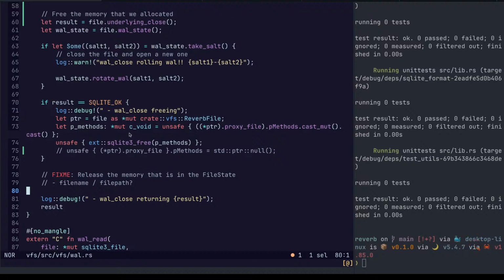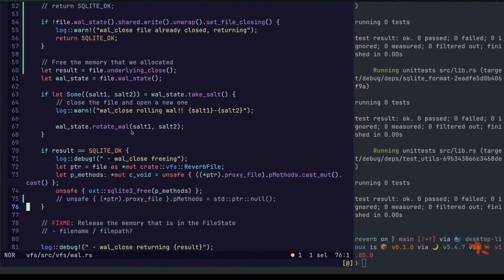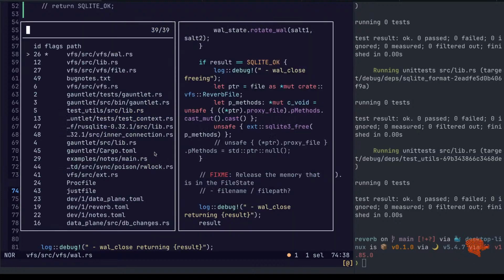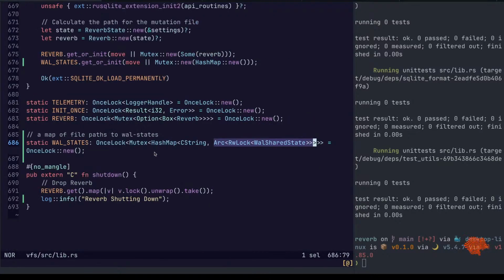And then there is a subtle bug that I saw while digging through all of this. Where is it? Ah, it's over in lib, I believe.